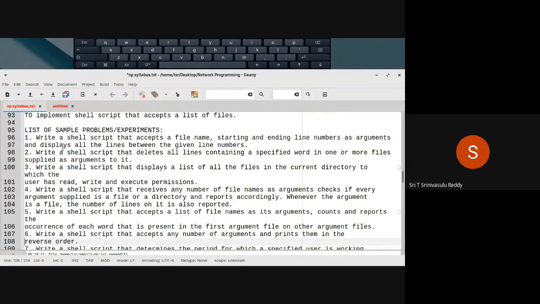Actually, there are too many experiments or problems added here, but most of them are small programs. Some programs are large enough, that's true. Don't get too panicky, but start at least trying to write programs and experiment with them.